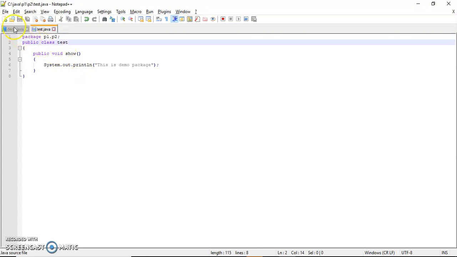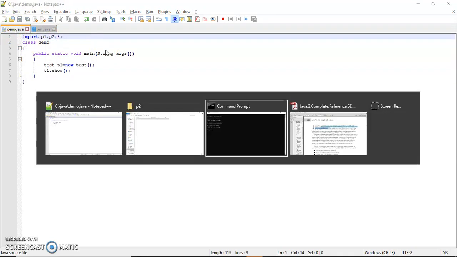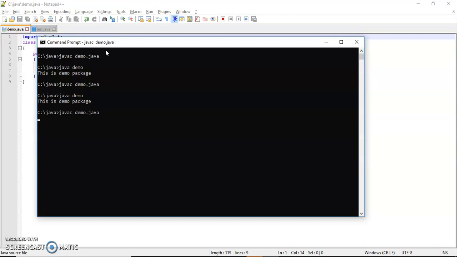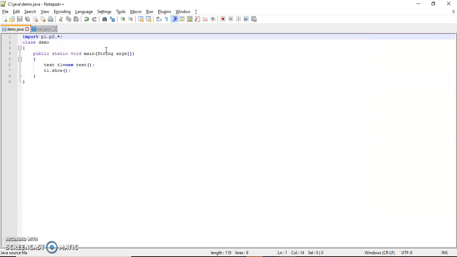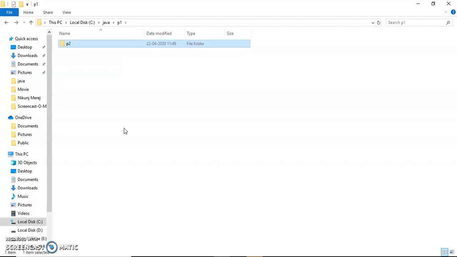So I have to import p1.p2.*, and then compile and run. So it is simple how to create sub packages inside a package. Now you can see the class file is also prepared here. Then I cut and paste test, and remove p2.